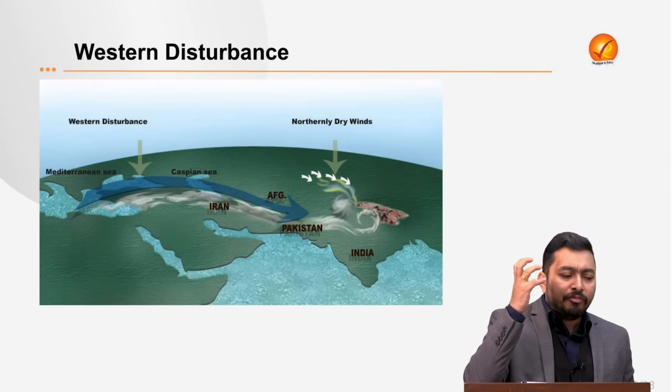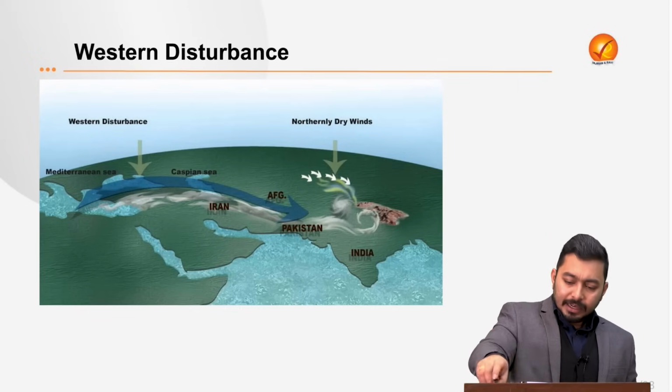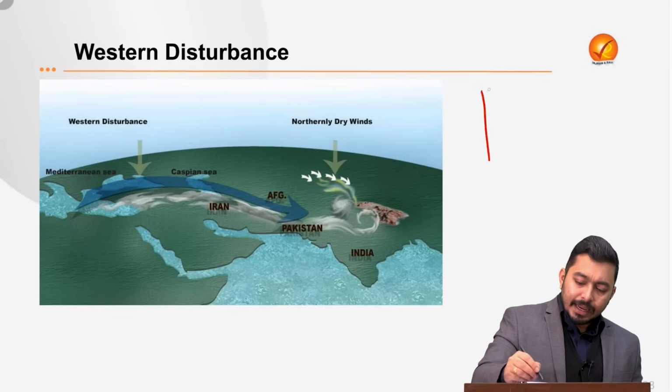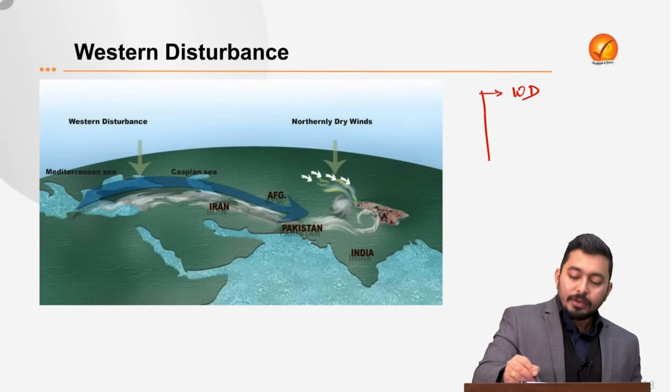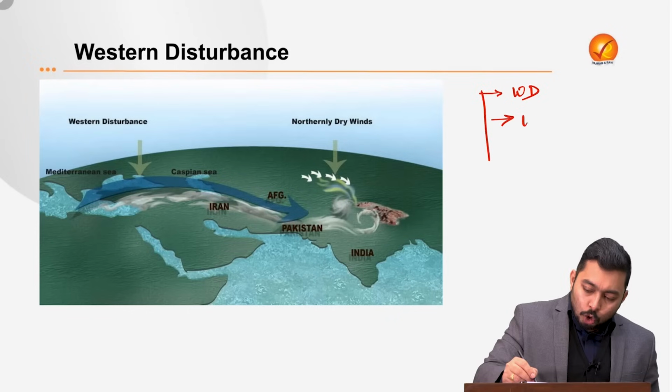Now, what do you understand, or how do you get this kind of moisture? How do you get this kind of wind in the Himalayas? So there are very few sources. 3 sources that we can list: A, either it can be western disturbance, let's call it WD, or it can be a localized